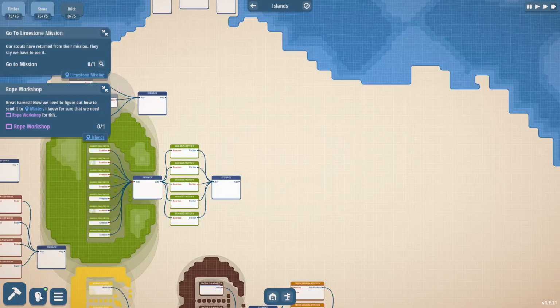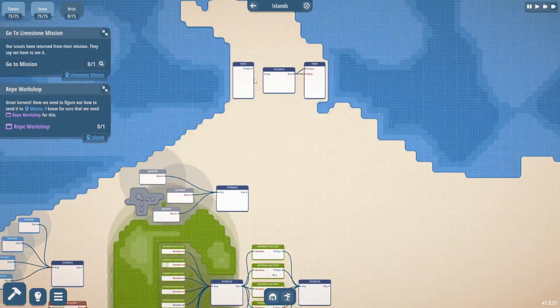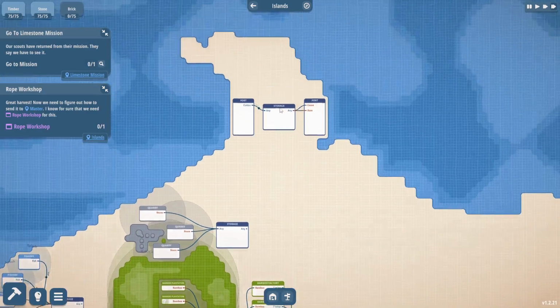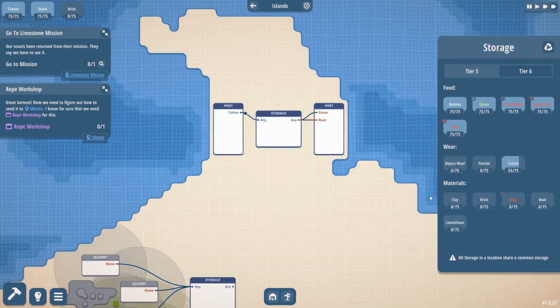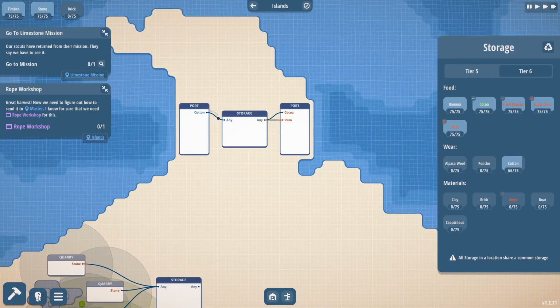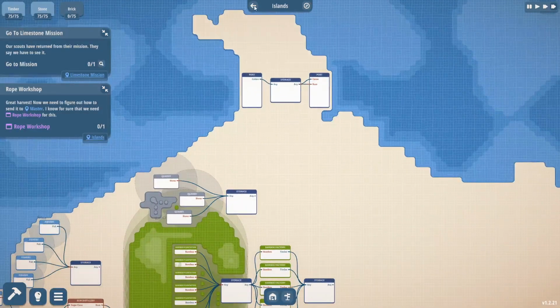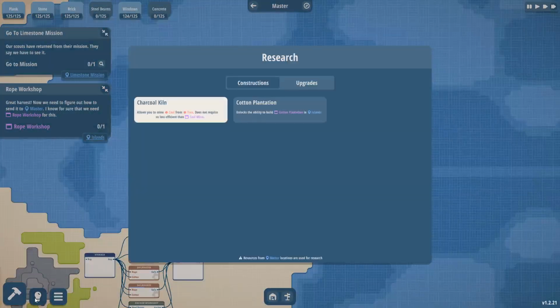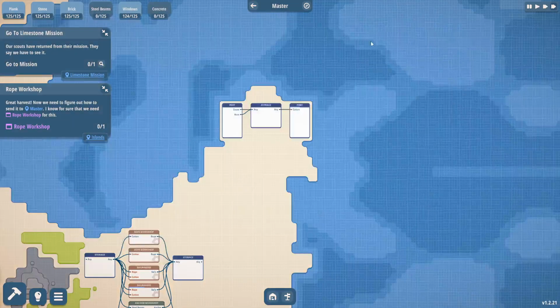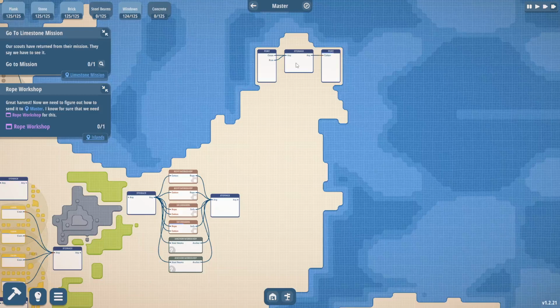But what we need to do is go to our construction. Our cotton plantation here will unlock the ability to build cotton plantations in the islands. So we actually have to bring in the cotton here. That's the whole purpose of bringing cotton in here. We have to wait for cotton to... Where's cotton? We have cotton and we have rum. We actually have enough here. Can we unlock this in here? I think we have to unlock this back at the main island. Let's see if we can unlock that here. We need cotton and we need rum. So rum is out. We should have rum...